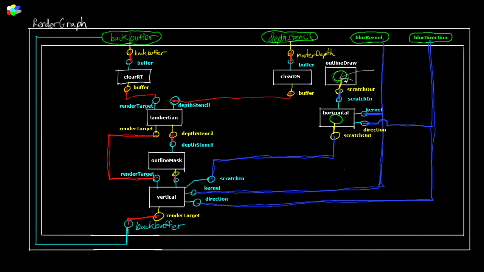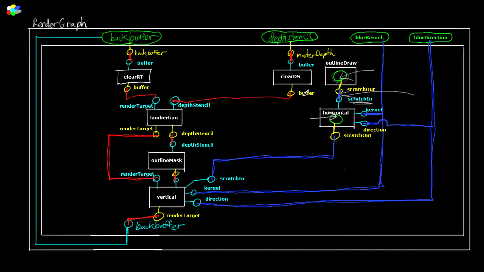The resource itself is a render target, but it is being exported as a bindable, because think about this here, this scratch in. It's not taking that in as a render target because the render target is this thing here. It's taking this in as a texture, which is a very different story. So when you look at this diagram, when you think about how a render graph works in general, it's tempting